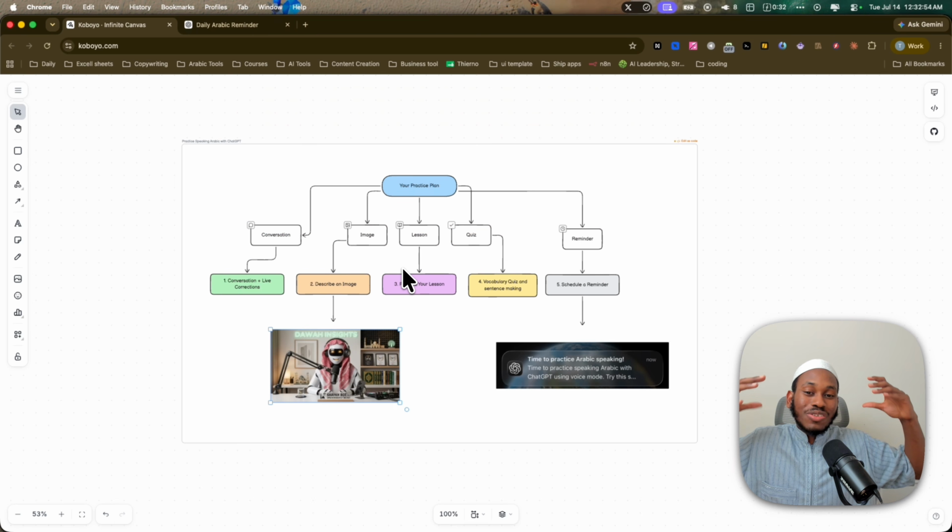So obviously, ChatGPT does not replace a teacher at this point. You still need a teacher, someone that can correct you and so on at some point. But when you're learning a language, you want to maximize speaking as much as possible. So practice speaking as much as possible with ChatGPT. And then when you go to your teacher, you can also practice speaking with them or with someone else, and they can just correct you. And this is how you'll be able to learn the language, inshallah.